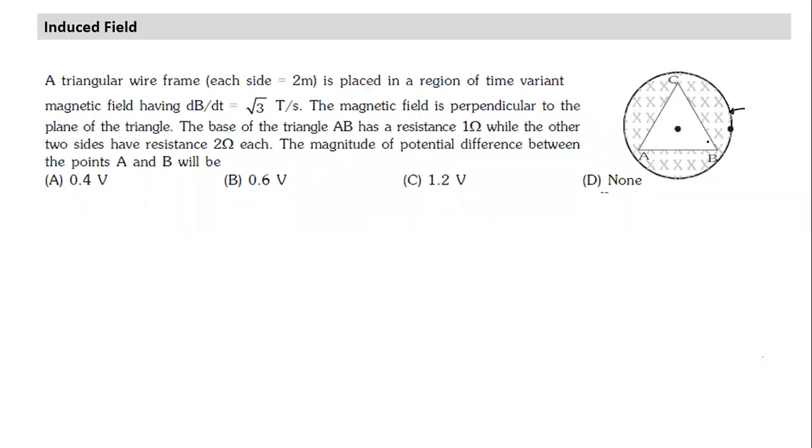So if you have this kind of field which is uniform but time varying, you understand the difference between the two. At an instant, any point within this region has the same field, but from time to time it is varying. Any time varying magnetic field creates an induced field, which is not because of charge arrangement. It gets created, and it exerts force on the charge in the same fashion as an electrostatic field exerts.